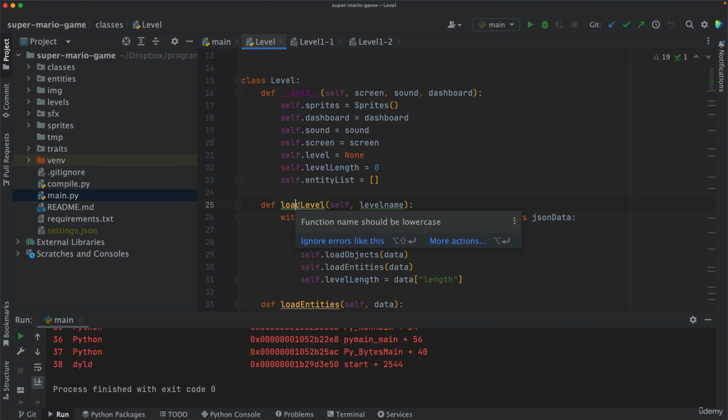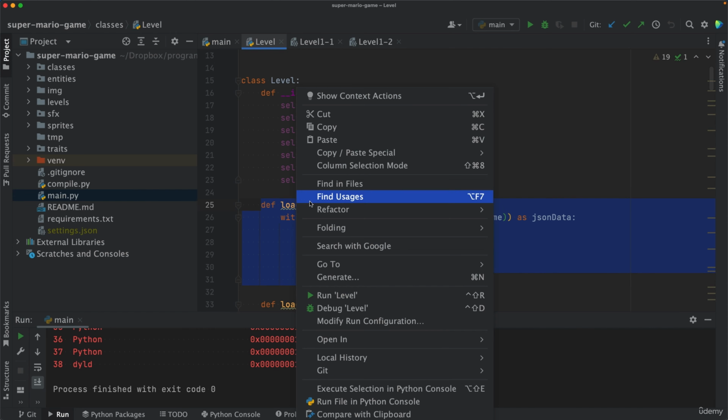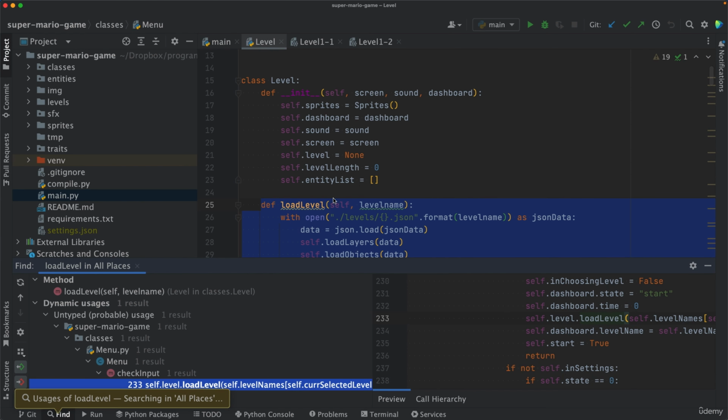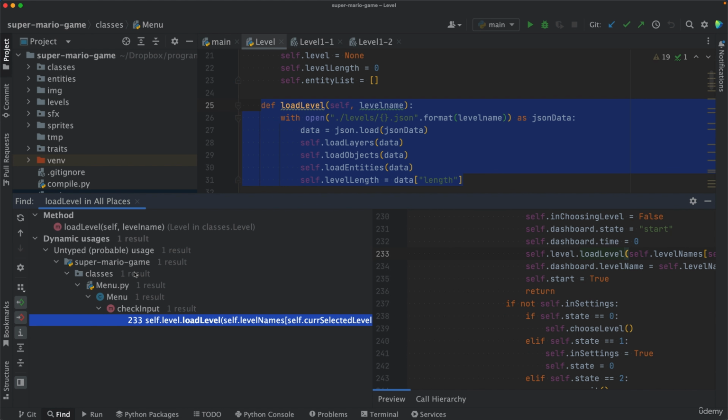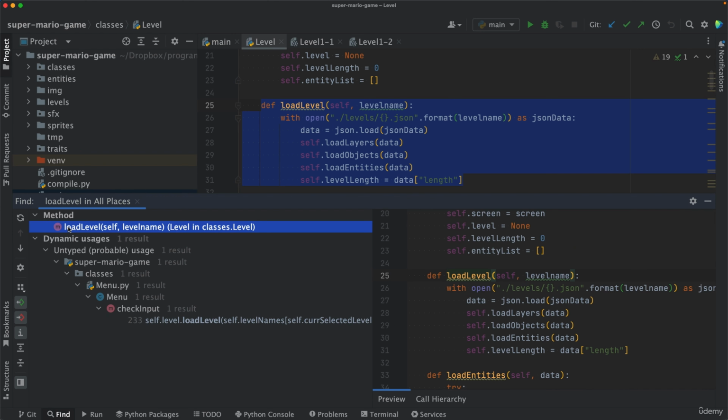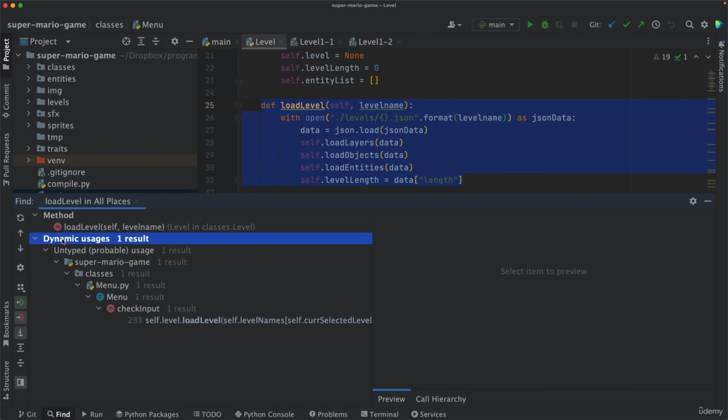To do that, you want to right click over the method. So we are in the definition of the load level method inside level.py. So right click there, and you want to go to find usages. By usages, what is meant is the calls, where this method is being called, where it is being used, right? And you should see this window popping up here. Now this has this section, it tells you what method you are inspecting here, and then you have this dynamic usages, one result. So this method is being called only once,